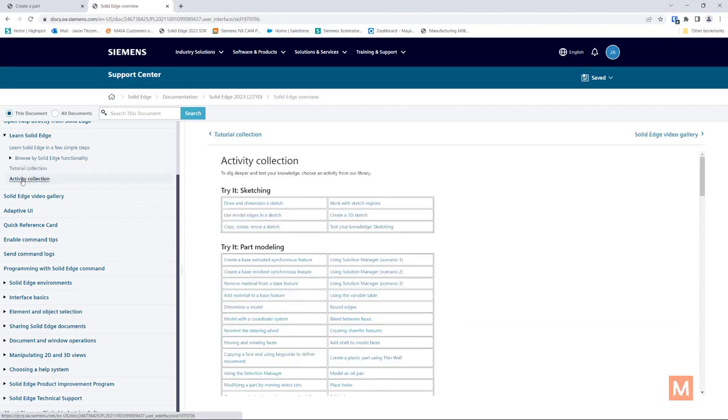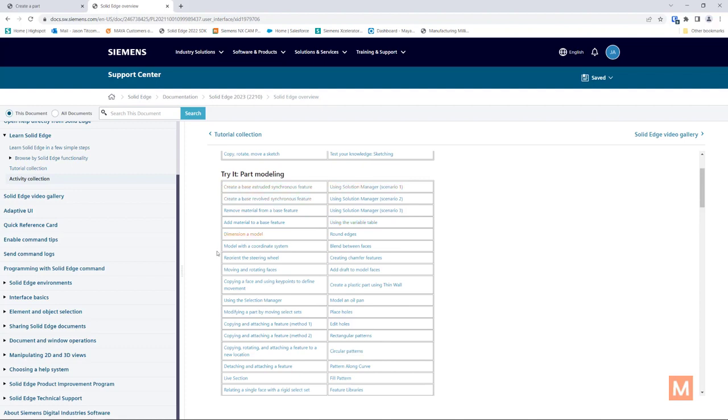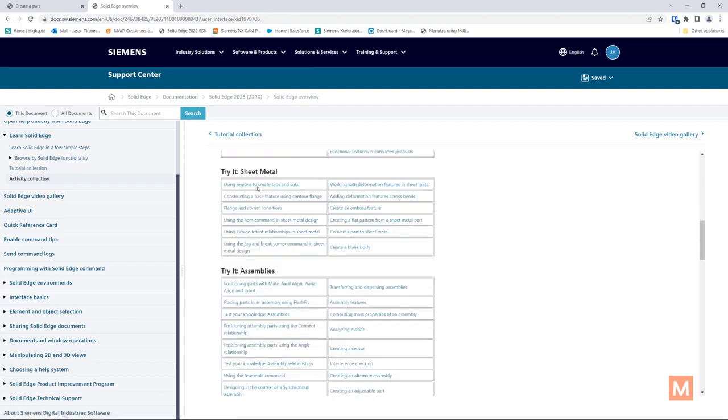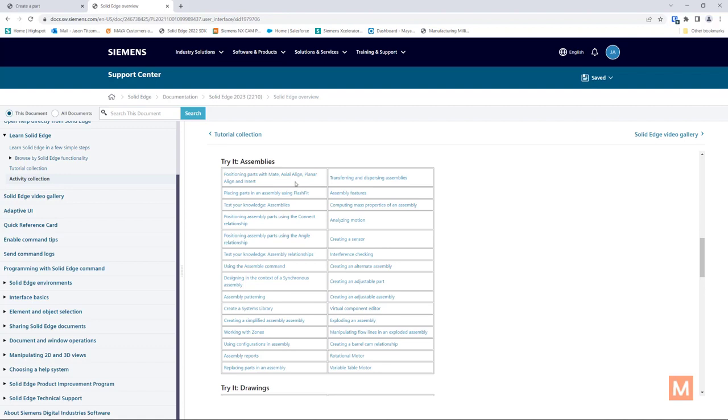So if we look at the activity collection, you'll see some for sketching, which would apply to both synchronous and ordered, with some slight difference as to how you create the plane that you sketch on. And then we have part modeling activities, but these are going to be all based on synchronous modeling. And we have sheet metal here, and assemblies for the most part for basic assembling. Synchronous doesn't matter too much if you're just placing parts, though there are some really powerful differences